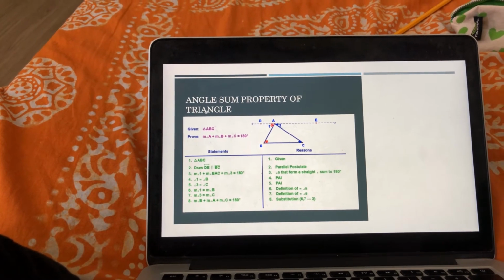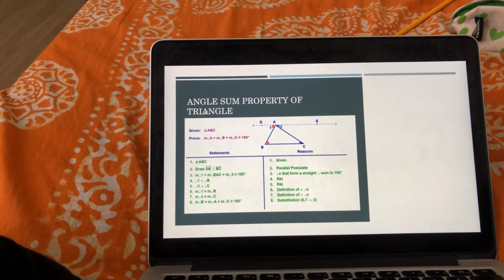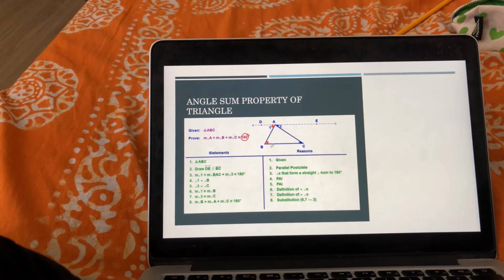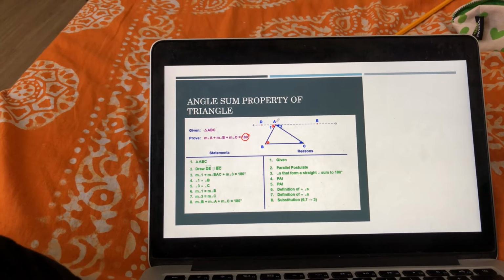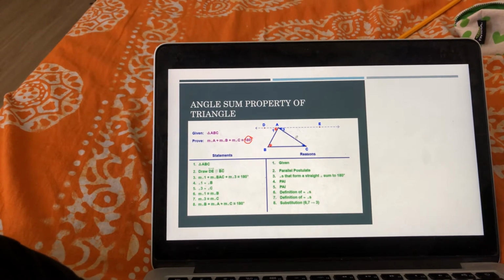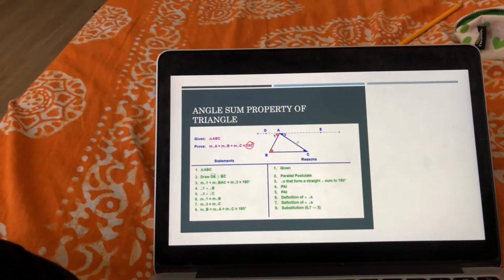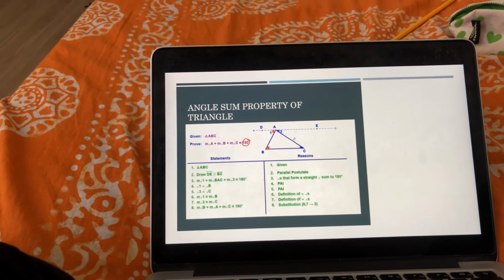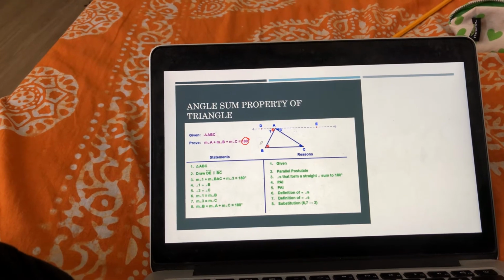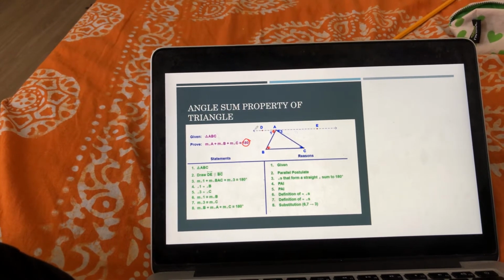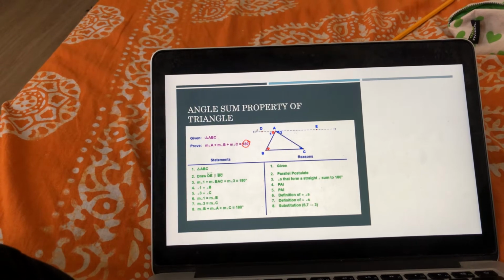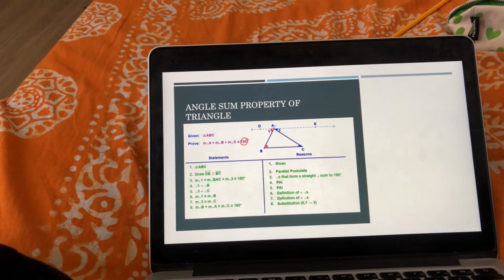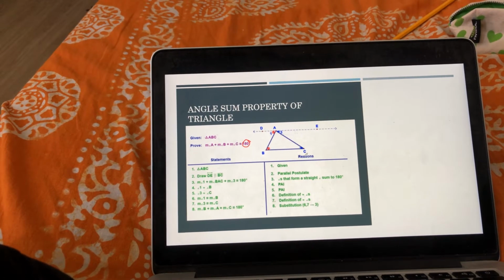The angle sum property of a triangle states that the sum of the angles of the triangle must be 180 degree. So given ABC is a triangle, the angle measurements of A, B and C must be equal to 180 degree. Let's prove that. It's a very simple proof and you can understand, and we'll be applying the concepts that we have learned so far. So BC is one of the sides. Let's take a line parallel to BC called DE. Let's draw a line joining A. So DE is a line that is joining at A, which is parallel to BC.